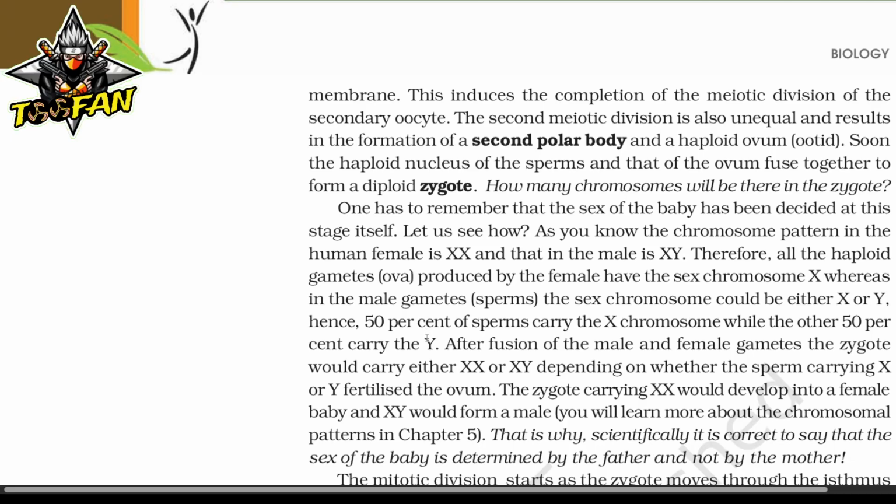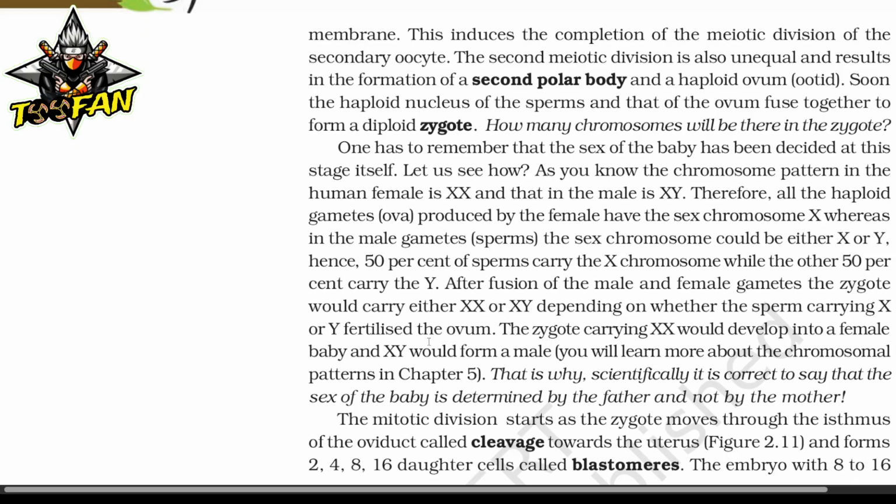After fusion of the male and female gametes, the zygote carries either XX or XY, depending on whether the sperm carrying X or Y fertilizes the ovum. The zygote carrying XX would develop into a female baby and XY would form a male. That is why scientifically it is correct to say that the sex of the baby is determined by the father and not